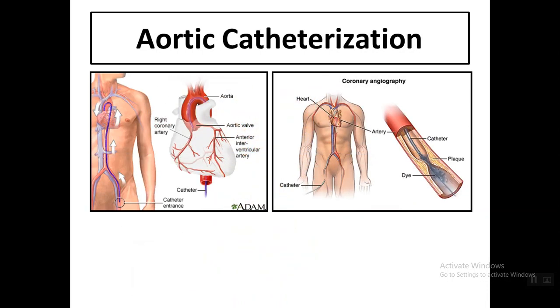As we said before, the clinical application: it is important to study the anatomy of the aorta. This is to know the principles of the procedure, which is called aortic catheterization. From here we can see that the catheter is passed through the femoral artery to the external iliac, to the common iliac, and then through the abdominal aorta, thoracic aorta, and then to pass in the aortic arch to reach